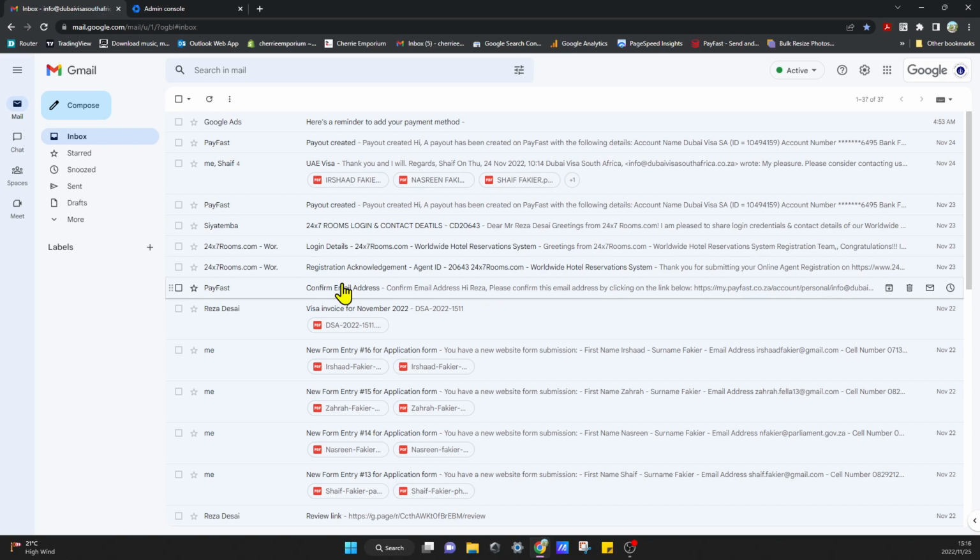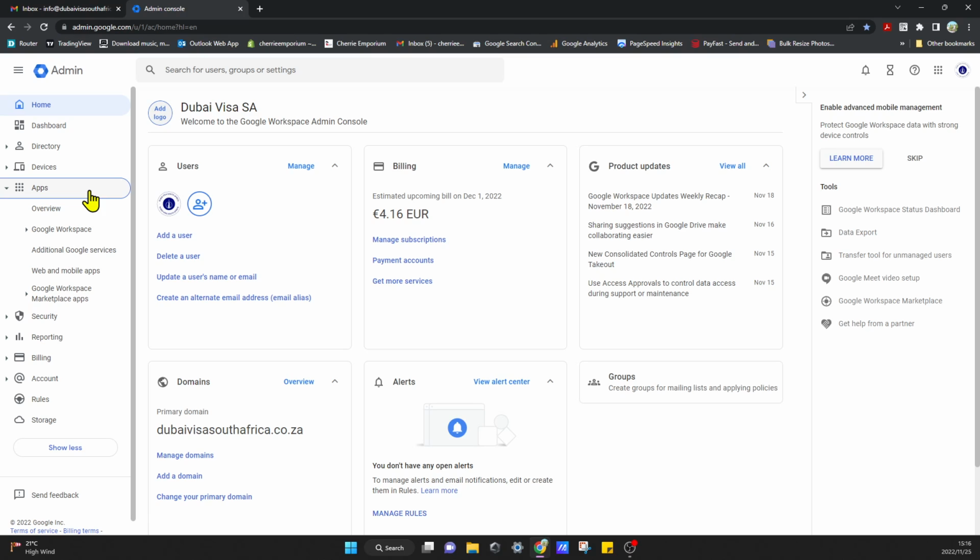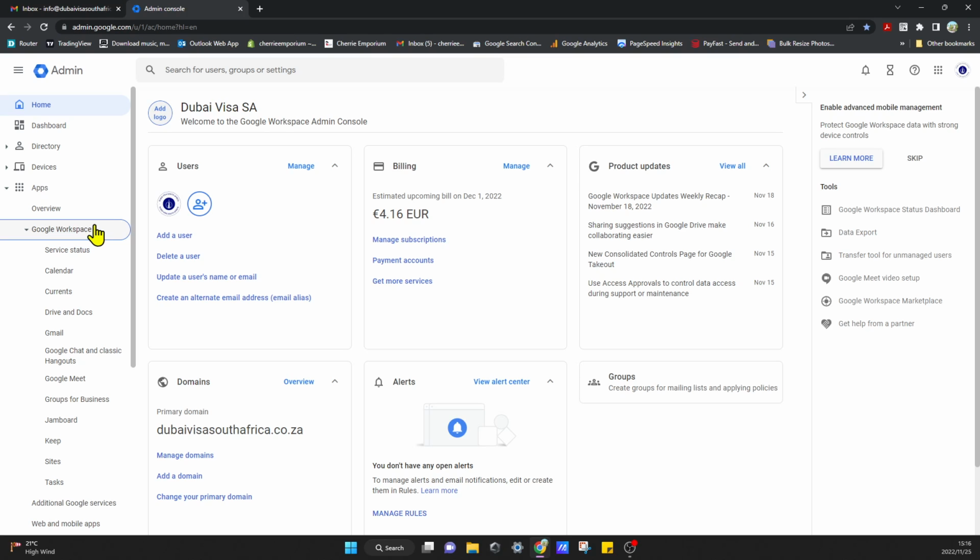So to stop yourself from getting that warning message for whenever it's an external email, all you have to do is you have to go to your admin console. So you're going to log into your Google Workspace admin console, and then you're going to click on menu. Menu is open already, and then you go to apps. You can click on Google Workspace, and then to Gmail,